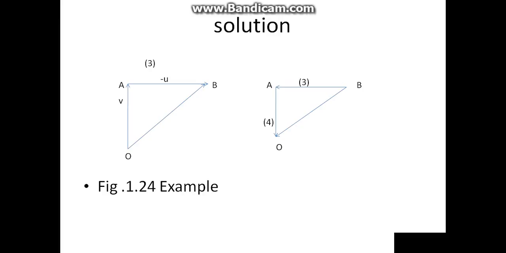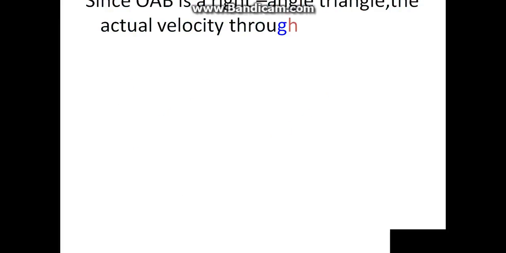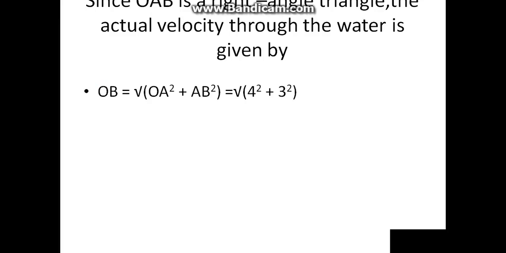Then OB will represent the resultant of the movement. Since OAB is a right angle triangle, the actual velocity through the water is given by OB equal to square root of OA squared plus AB squared, which is equal to square root of 4 squared plus 3 squared, which is equal to